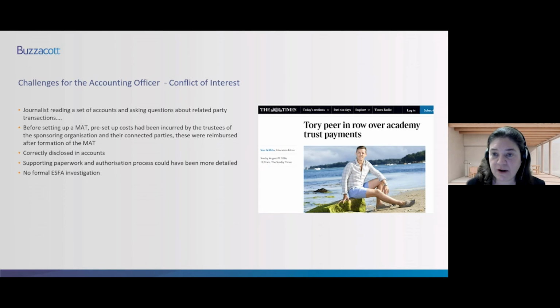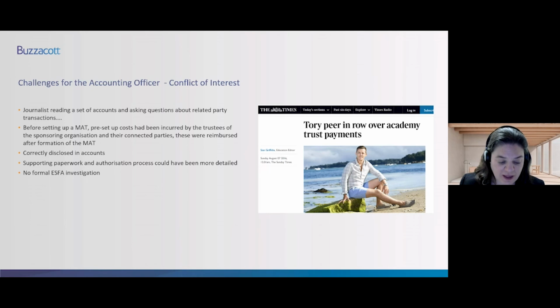But I think the thing I'd bring out here is that with related party transactions, public perception is also a factor. It's not just was the transaction appropriate, but would a reasonable observer consider the transaction to be appropriate? So there's a couple of learning points to bring out from this. Firstly, minimising the pre-formation costs, and if they are unavoidable, then they should be incurred by the sponsoring entity, not